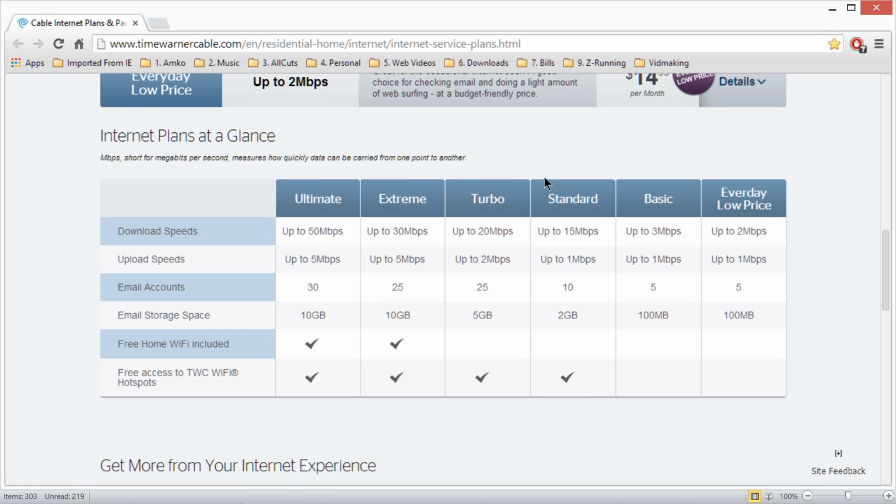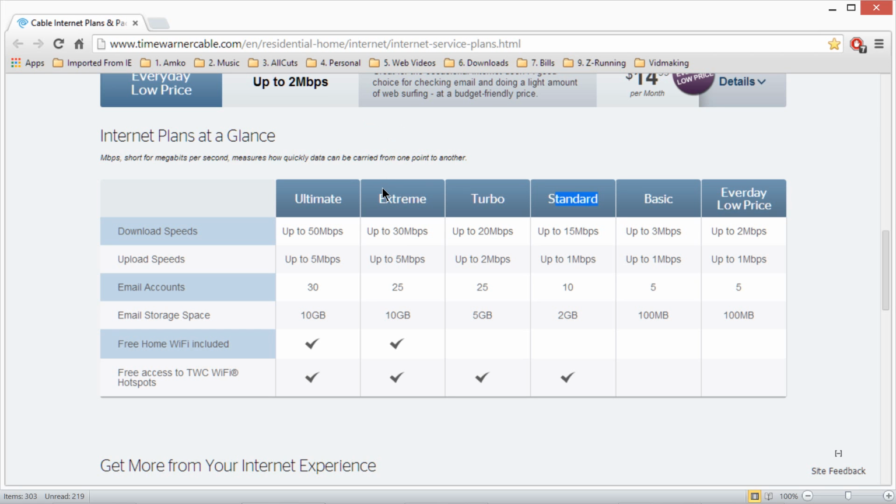Maybe you may already know this, or maybe some don't know it. Some internet service providers, depending on the plan you have, are providing in bundle email accounts. Like for instance, Time Warner here in USA.